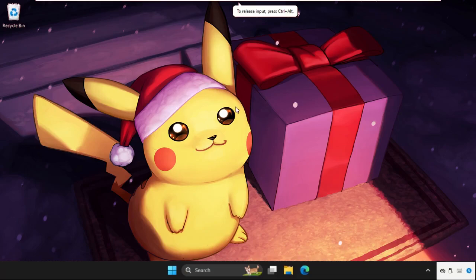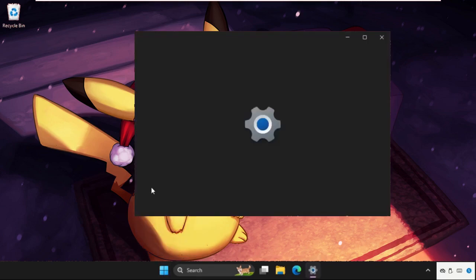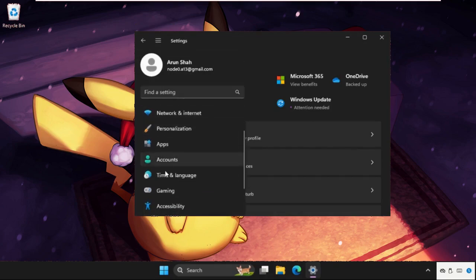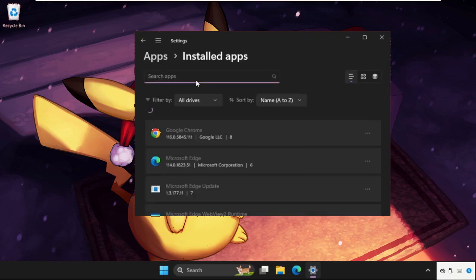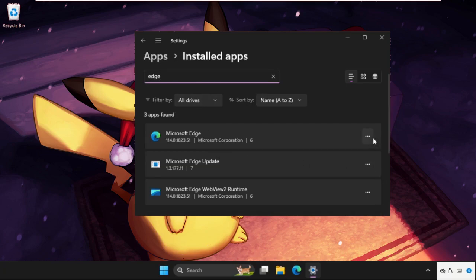Hey guys, I will show you how to fix this problem on Windows system. In the first step, right click on the start icon, then click on settings. Once we're here, click on these three lines and go to the apps section. Now go to installed apps and from here type just Edge, and now in the Microsoft Edge section click on